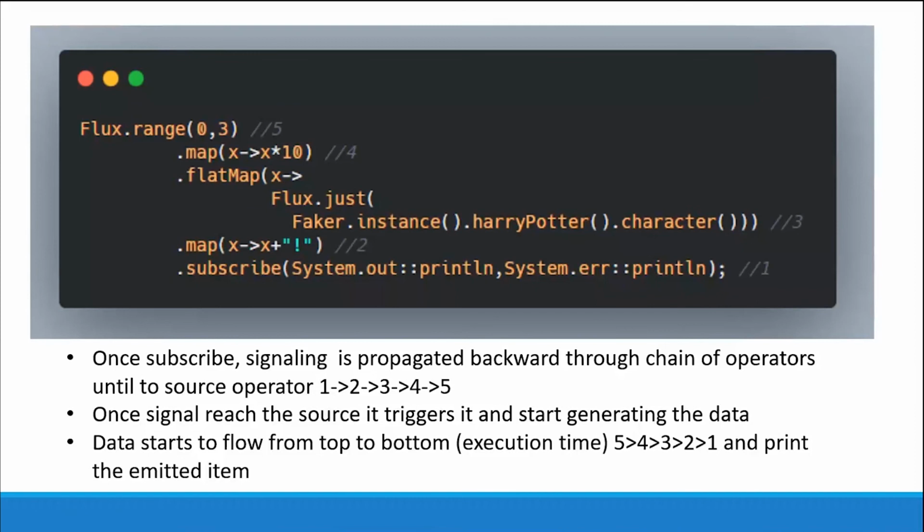Once the error occurred, we can't actually recover the operator chain because upstream got cancelled instantly, and it creates a new instance with this error and propagates it downstream. I will talk more about this in error handling.